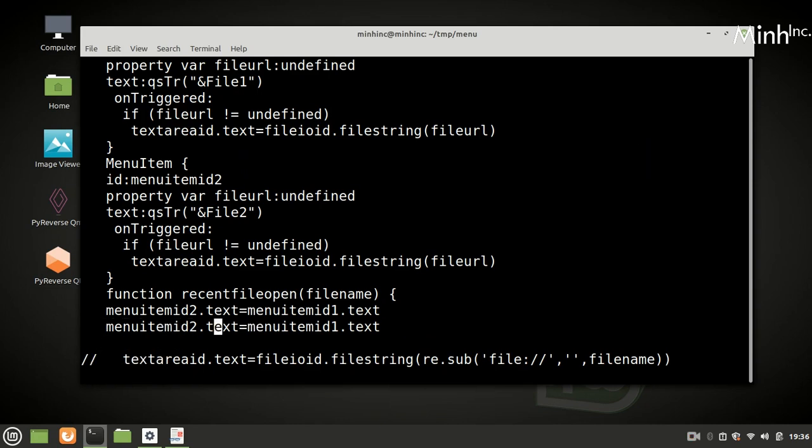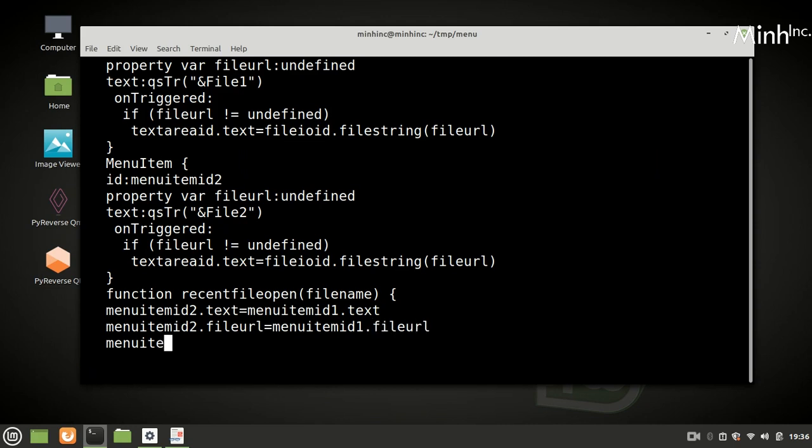Okay, so file URL. Now this is the most recent, so menu item ID1 dot text equal to RE substitute.